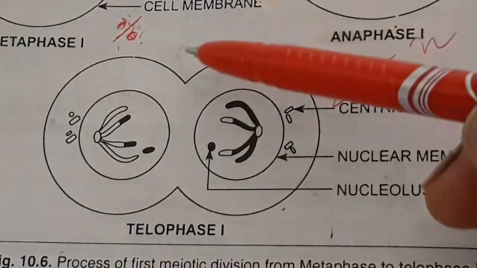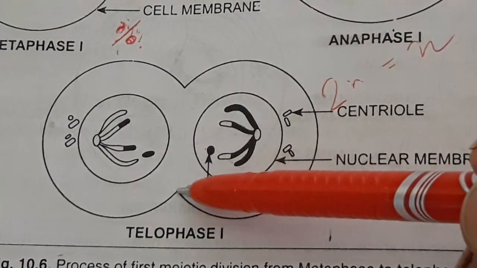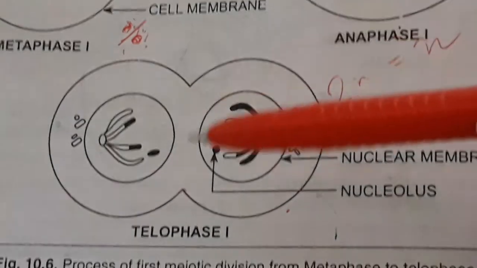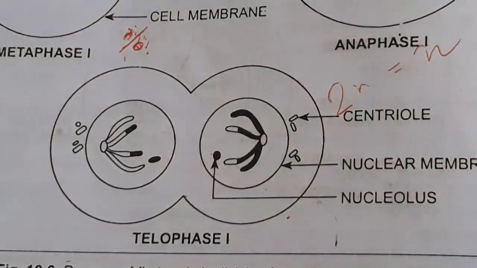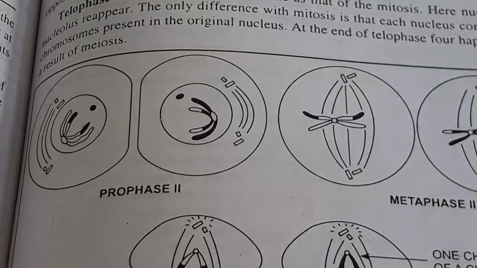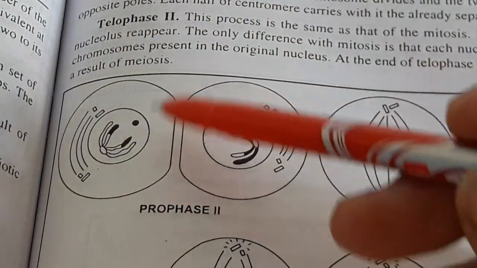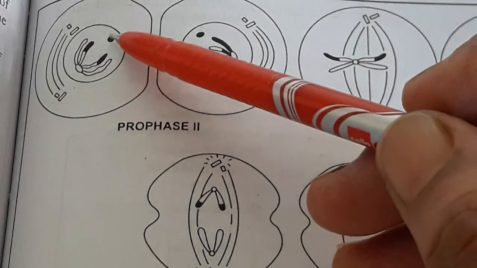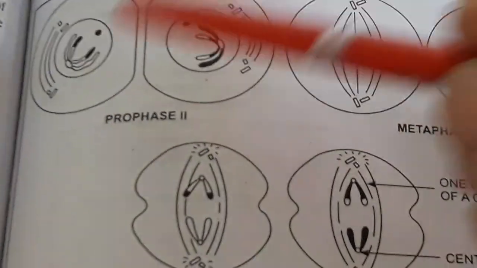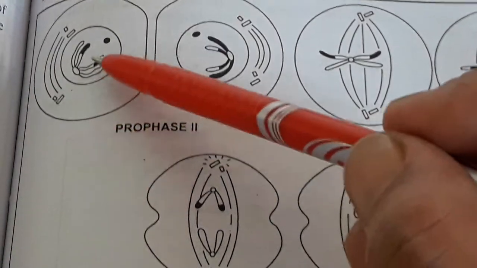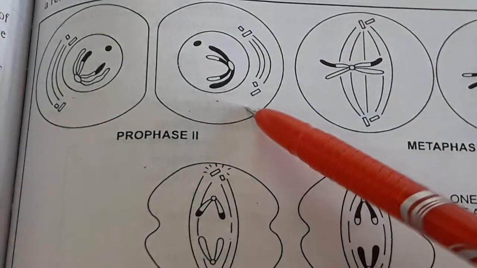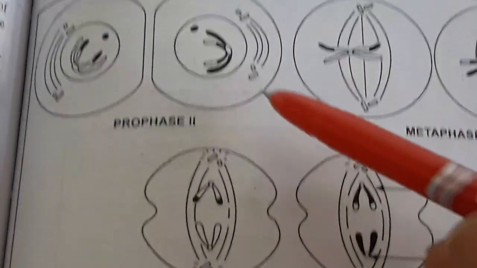And finally cytokinesis, that is division of the cytoplasm, will take place, and ultimately the cell divides into 2 daughter cells. Okay, now this will further undergo the second meiotic division, which is simultaneously taking place. Now after cytokinesis of meiosis 1, it immediately enters meiosis 2. Now this is the prophase 2 stage. Here you can see the centrioles, chromosomes, nuclear membrane, nucleolus, all are present. This is like a simple mitotic cell division.